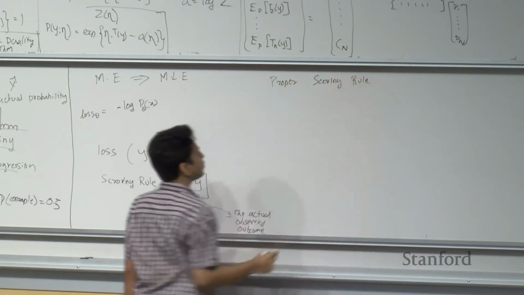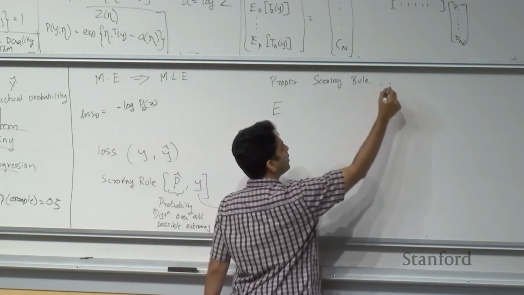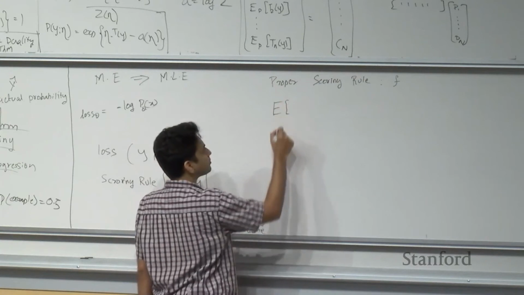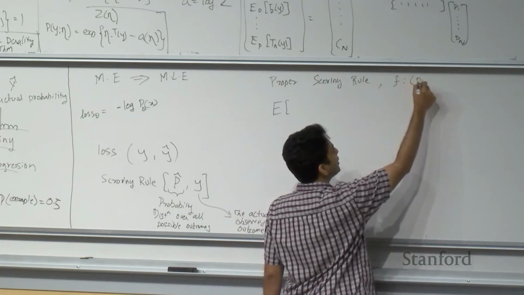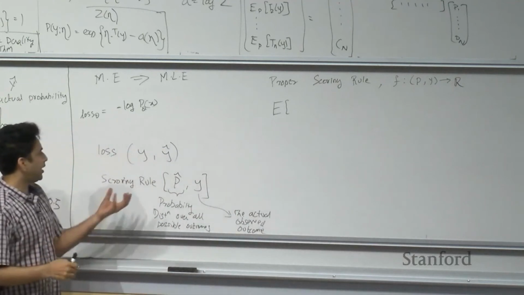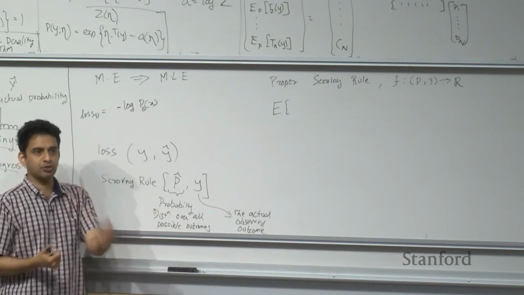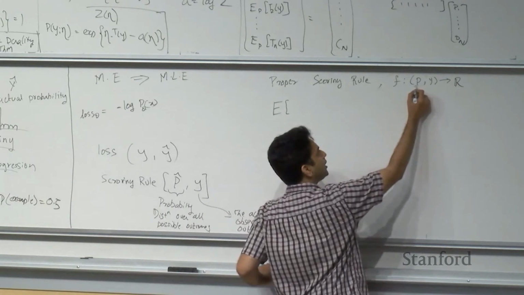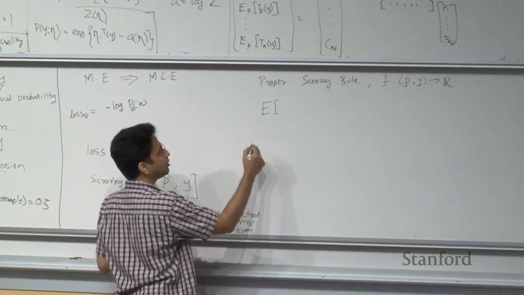A proper scoring rule is one that satisfies this requirement. So let's call a proper scoring rule F. So F is a proper scoring rule where F takes a probability distribution and an outcome, and maps it to a real value. Right? A scoring rule is one that takes the prediction made by a forecaster and then observes the actual outcome, looks at those two, and assigns a score of how well the forecaster did. Right? You want to think of the scoring rule that way. So it takes a prediction, a full probability distribution, one observed outcome, and assigns a score. Right? And a proper scoring rule is one that satisfies